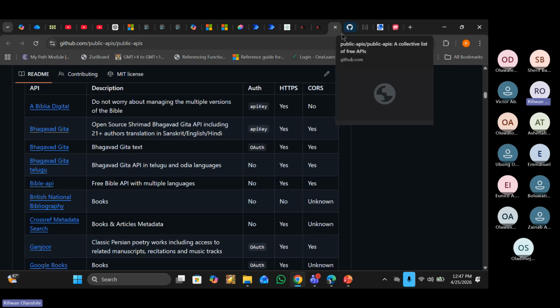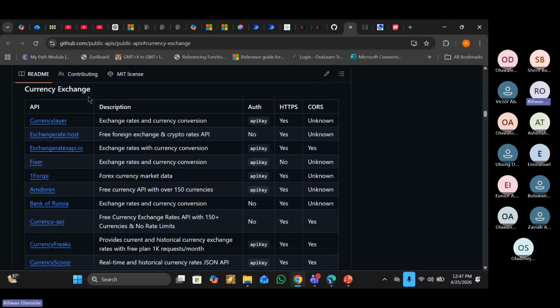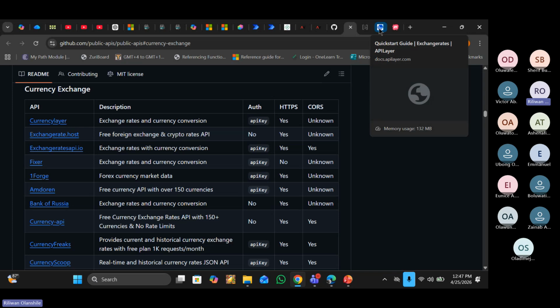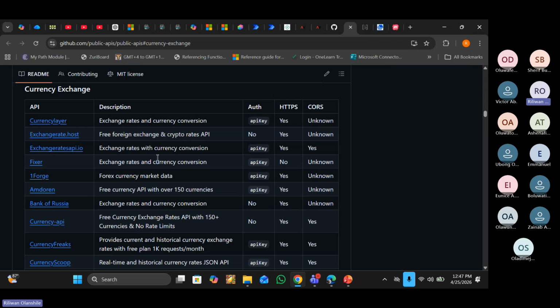I used it because the API that we're integrating with externally is the exchange rate API. So I don't want to search again. I'll just come here. I already have it open to save time. See exchange rates under C here. This is a particular one that I've integrated with already. If you look at this particular one, it says free foreign exchange and crypto rates. It says authentication, no authentication. Some of this information might not be right, but the best thing is just pick it first, look at it and see what you get, right?